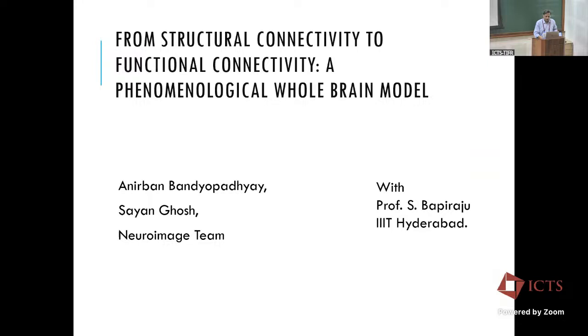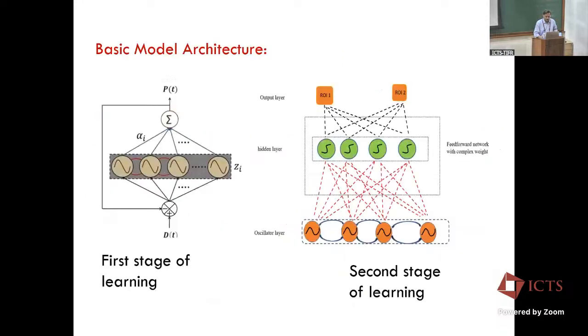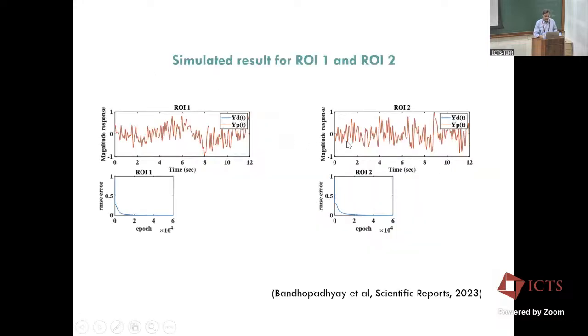Similarly, we have done similar stuff even with fMRI data, again large scale, like 160 zones, or what's called regions of interest. Here, the architecture is slightly different. So you have these oscillators, and for each oscillator, I have a hidden layer and then one output. That output of the network has to match one trace in the fMRI readout. And again, you can see that in this case, you can't even see the difference between the actual signal and the estimate. So we are just training the network to reproduce some measured signals, that's all.